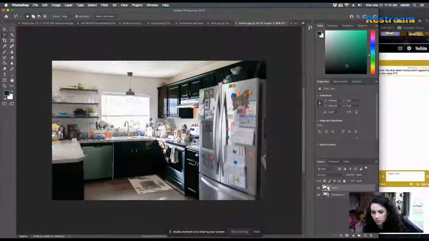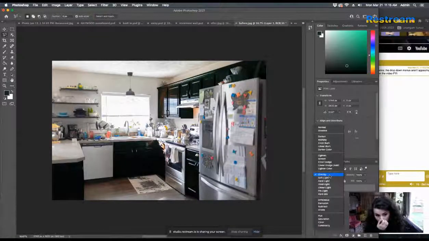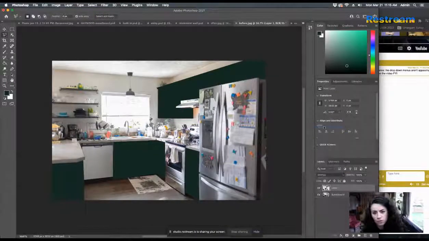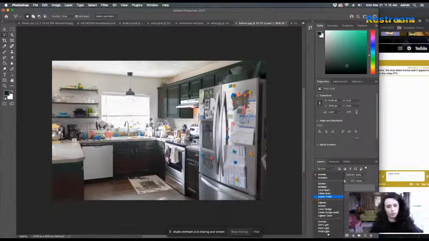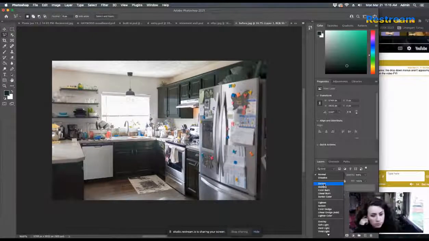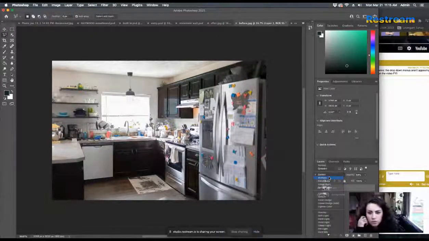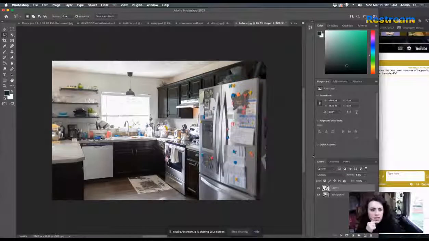I'm just using that same polygonal lasso tool, and then just click delete. And then these are not getting colored. And sometimes what just works is having it be normal and changing the opacity. So sometimes that works too. And sometimes it's a blend of the two, multiply and